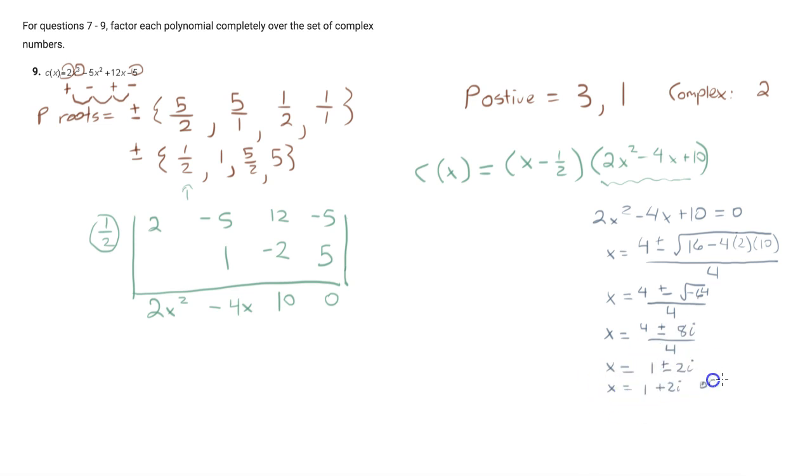So now that we've found our x's, we can simply plug these in